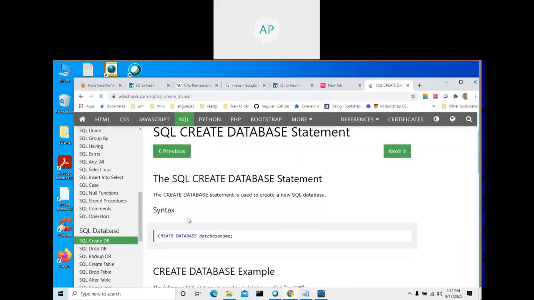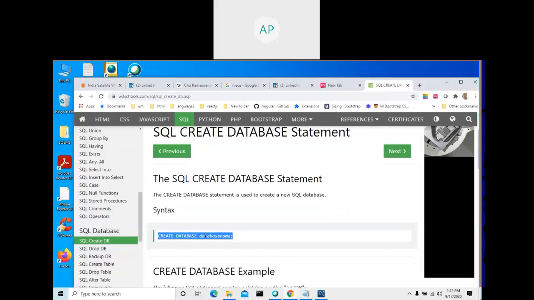See how to create a database. This is the syntax. I already told you SQL is a programming language. You are going to learn all the SQL related language in the next video. In this video we are trying to learn only four things: create a database, create a table, insert one record and retrieve one record. Simple, but you will read much more in detail about SQL in the next video.